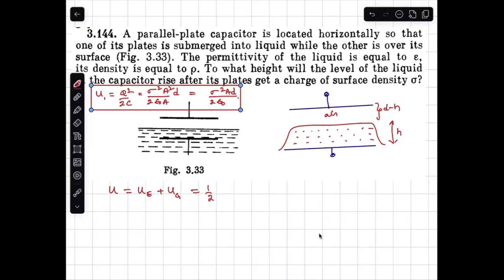By the way, U is again two parts: air part and dielectric part. What is in the air part? Sigma square A by epsilon naught into (D minus H). This is the air part, plus the dielectric part, half sigma square A by epsilon relative